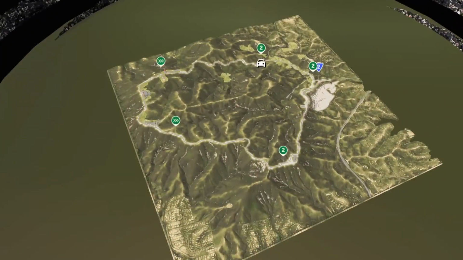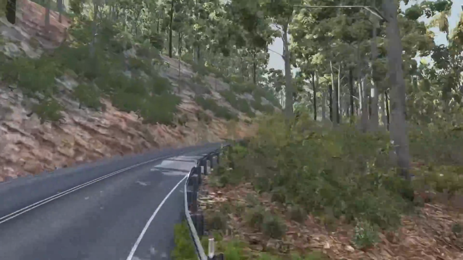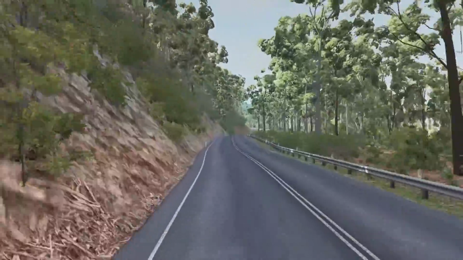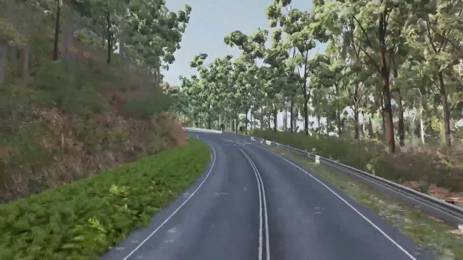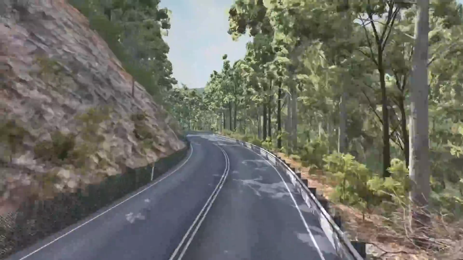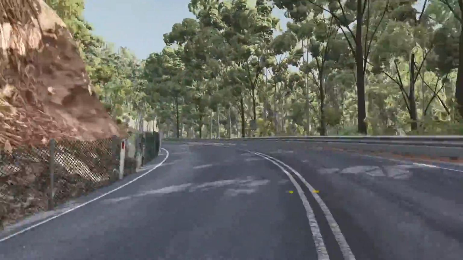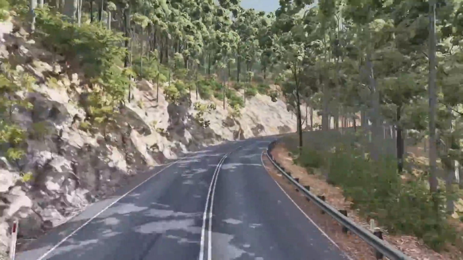The next map on this list is also down under, it's Mount Glorious. The mod features a small but detailed section of Mount Glorious near Brisbane, Australia, and that section is infamous for spirited driving in real life. Also in real life, it's surrounded by beautiful rainforests, making it great for hiking, picnics, and of course gazing at some really amazing views. The map is roughly 2 km by 2 km in size, and terrain is again made